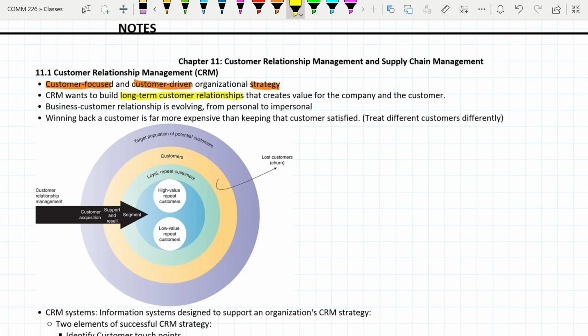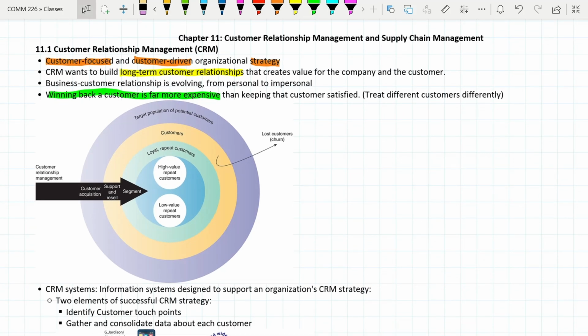Business customer relationship is evolving from personal to impersonal. Winning back a customer is far more expensive than keeping the customer satisfied. Treat different customers differently. So here's a diagram showing customer relationship management on the left, and then the black arrow